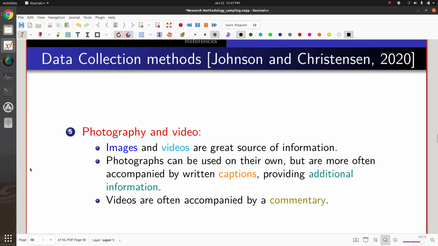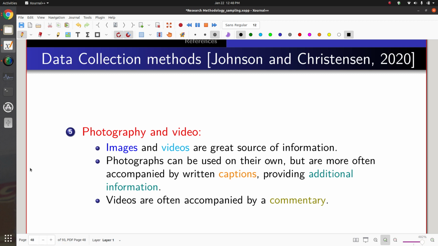Especially in image processing, obviously you require images for research purposes, but in some other research, especially social science, or if you are doing animal habitat monitoring or behavior analysis, images and videos can also be used for research purposes. Okay, you can capture videos of, let's say you want to understand or study